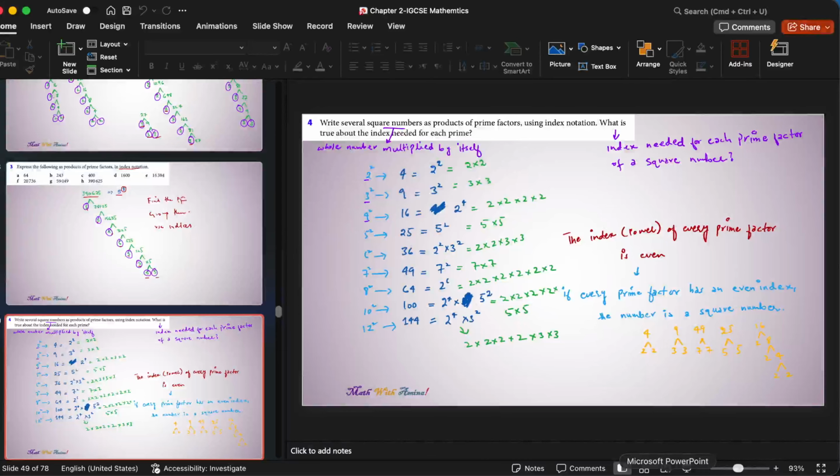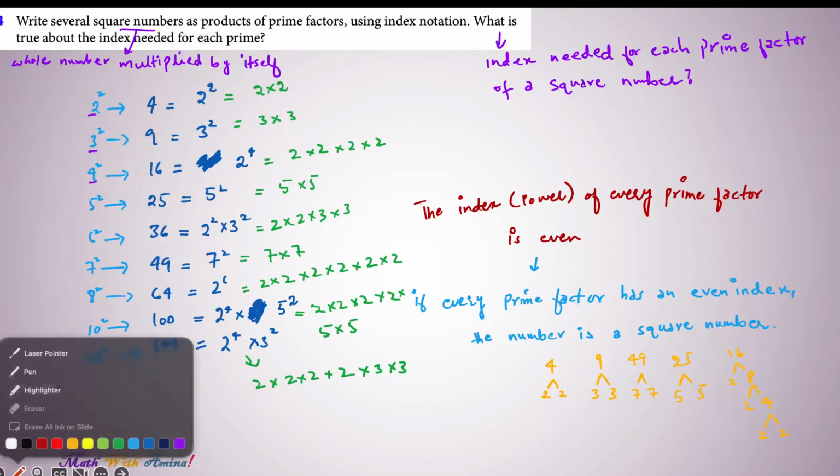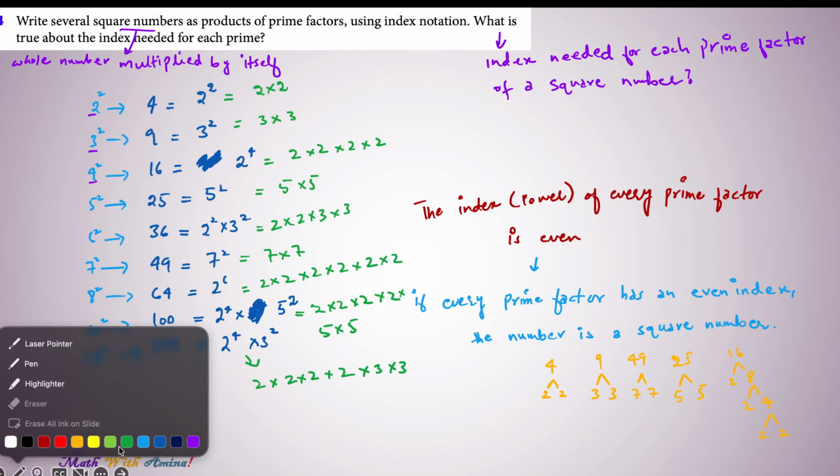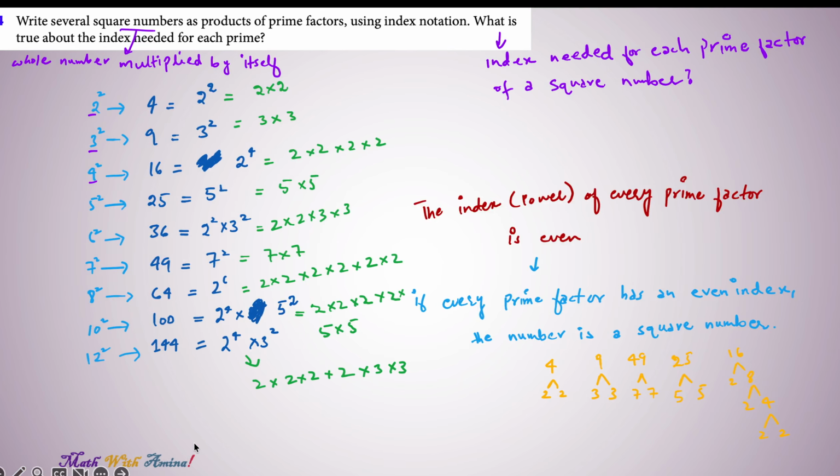Hi, we have the last question of exercise 7, which asks us to write several square numbers as a product of prime factors using index notation. The second part of the question says what is true about the index needed for each prime that we will have. So we will start with the first part of the question, which asks us to write several